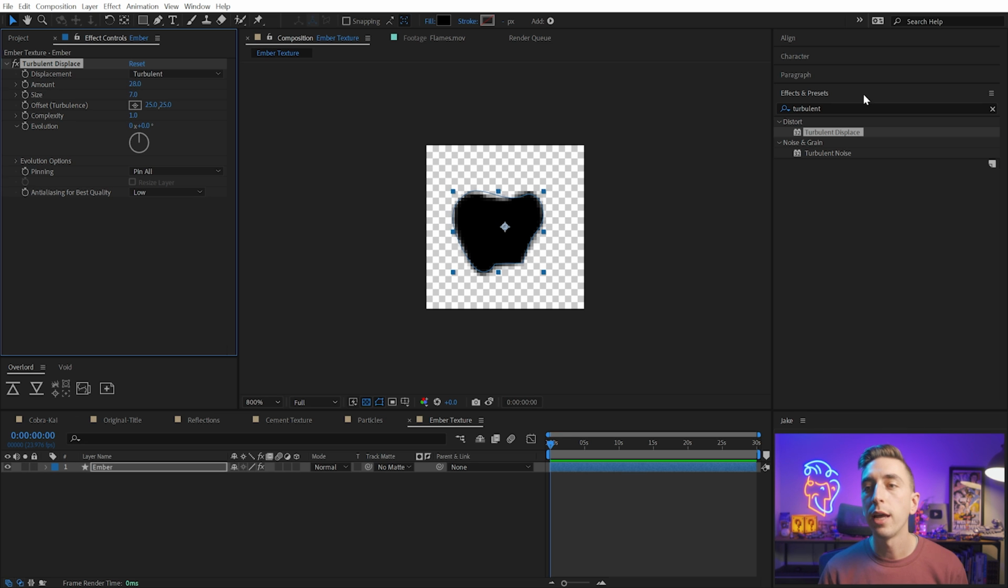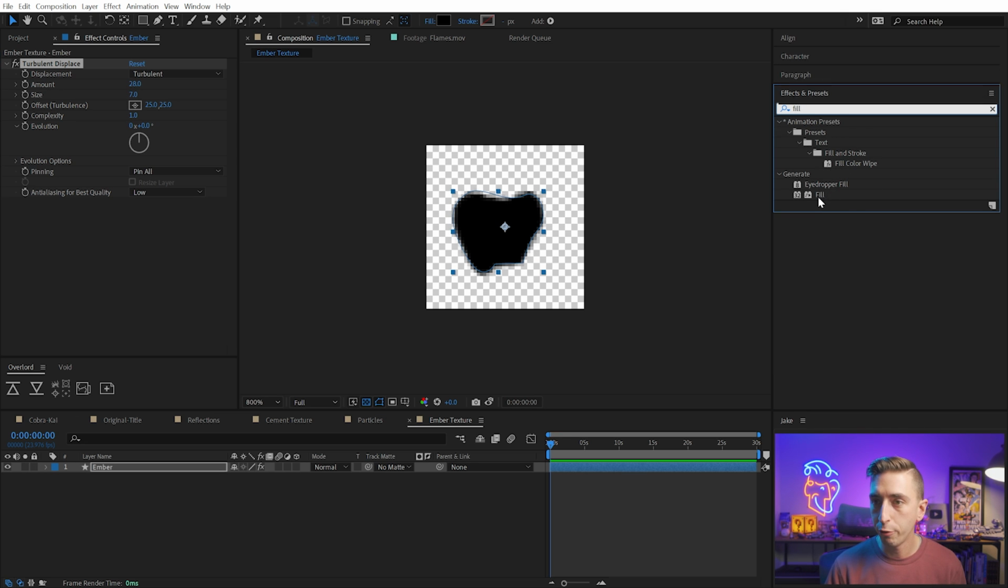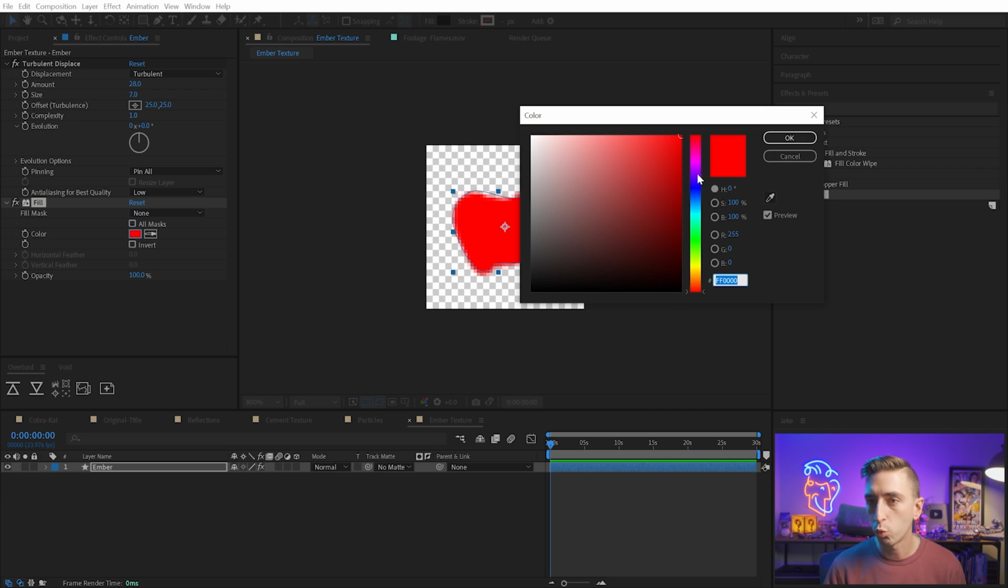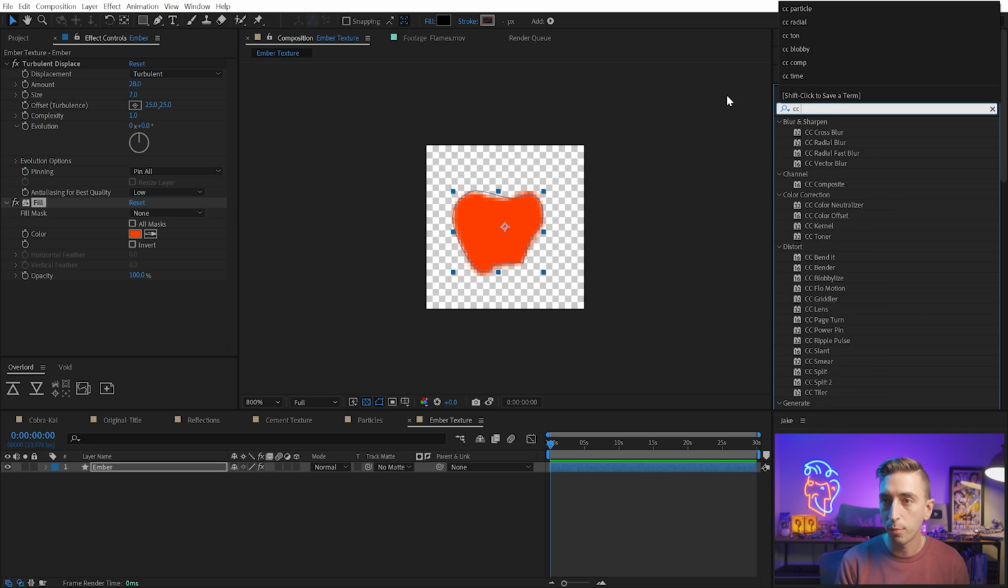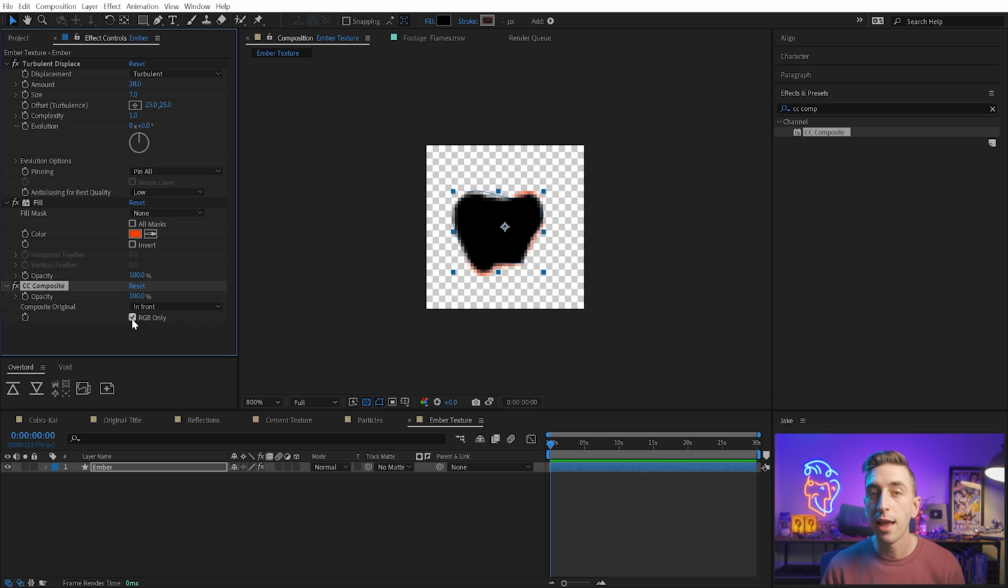And then what I wanna do is add a fill effect. So I'll type out fill and make it maybe this really saturated orange color. This is gonna be the ember color of the ash. But to get that black color back on top and only have a portion be this orange, I'm gonna then follow that up with a CC Composite effect and uncheck RGB only. And what this is doing is bringing back the original unaffected version of the layer. So just that initial black state before any effects were applied, but we're getting that distorted colored version of the